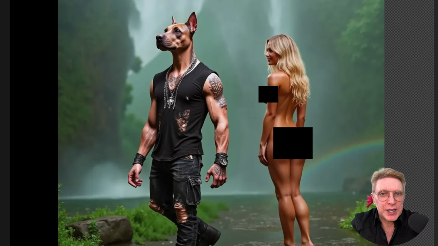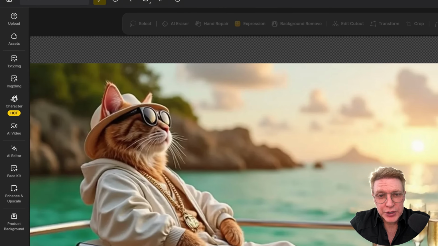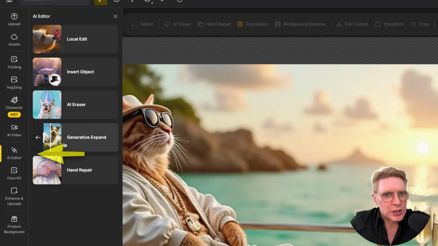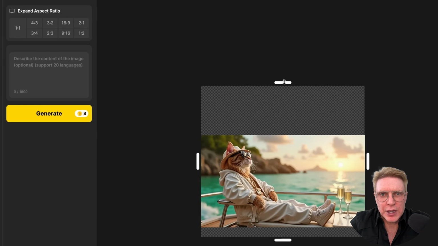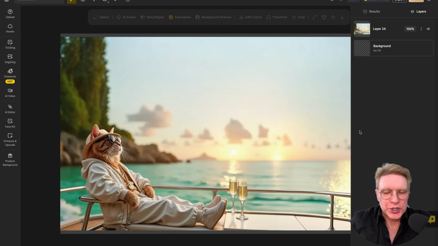And you can see that Dzine AI does a great job of matching the lighting for the particular situation. And if you want to insert a character into a picture but you feel like you don't have enough room, you can go over to AI Editor on the left side. Click that, and we can click on the generative expand, and we can specify that we want this a little taller and a little wider, and then we can click generate to use AI to fill in that extra space. So we now have more space,